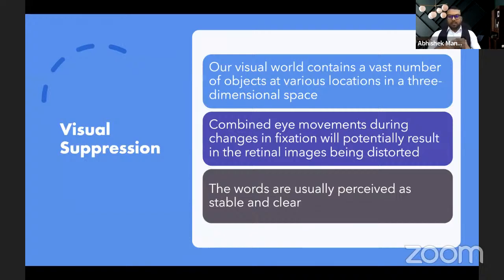Now, visual suppression, to start with. Our visual world contains a vast number of objects, as I told very early in my presentation, and obviously they are at different locations in three-dimensional space. To view an object, we need to initiate eye movements. The eye movements are mainly the saccades, vergence, and accommodation, which are important here to actually receive the information. So these eye movements play an integral part. I know there are other eye movements like pursuits as well, but we will be emphasizing more on the saccades, vergence, and accommodation, and how they play an integral part in helping to perceive a clear and stable image without any